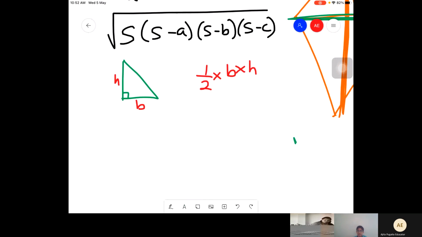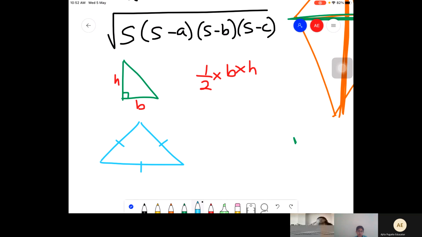What if it's an equilateral triangle? You should still use the same thing because it's just easy, unless they don't give you the height. They won't give you the height, let's say. In a right angle triangle they may only be giving you the sides, and since one of the sides is the height, we could easily use half into base into height. What about an equilateral triangle? Then you should use Heron's formula. Heron's formula, when simplified, gives you another formula from it, that is root 3 upon 4.